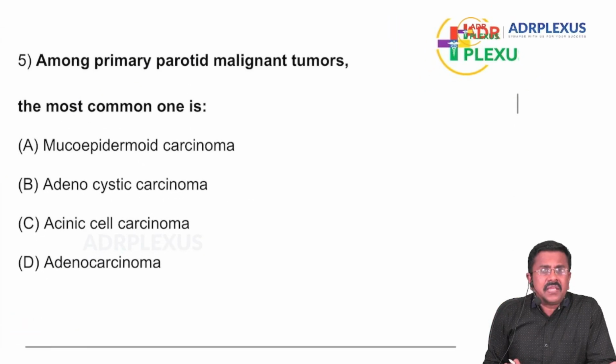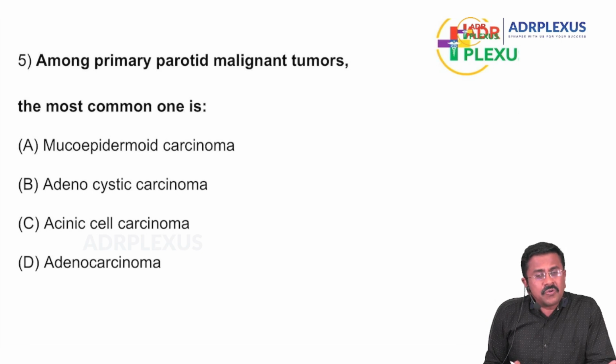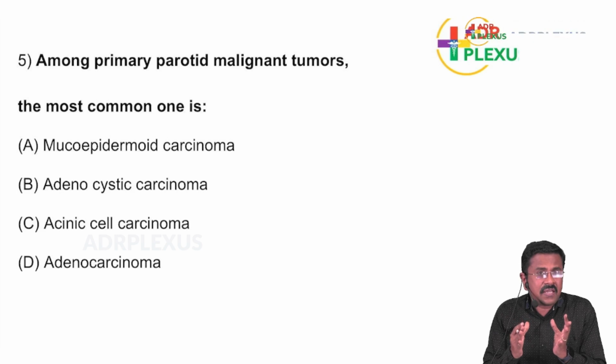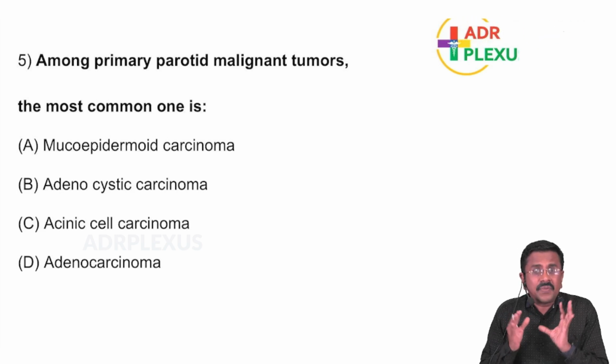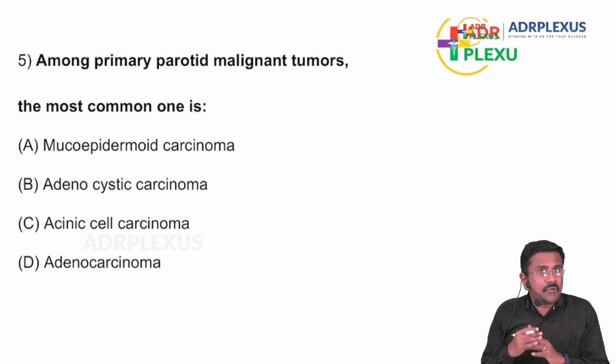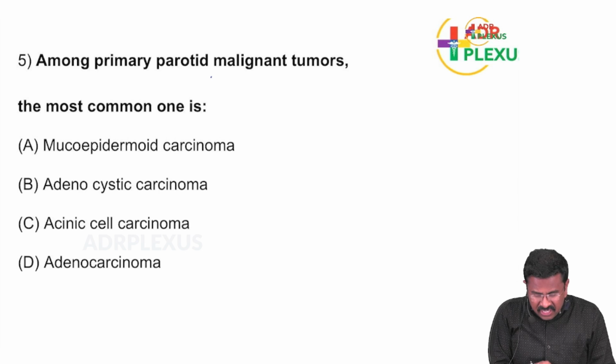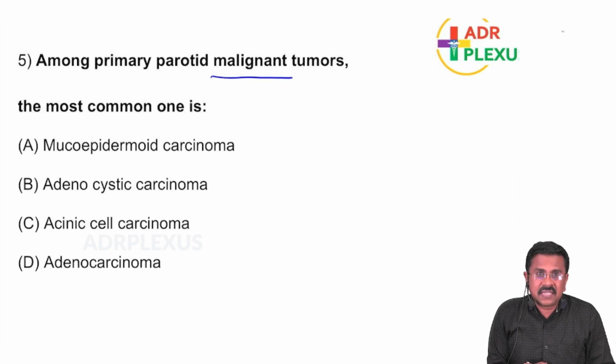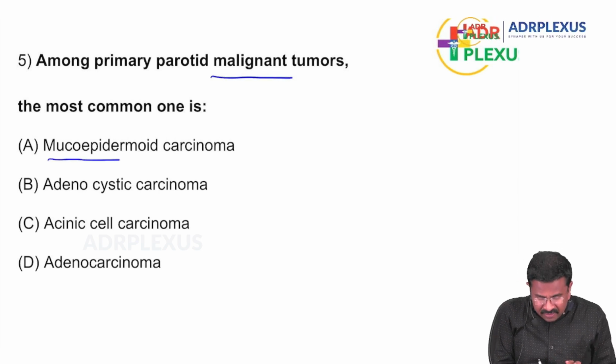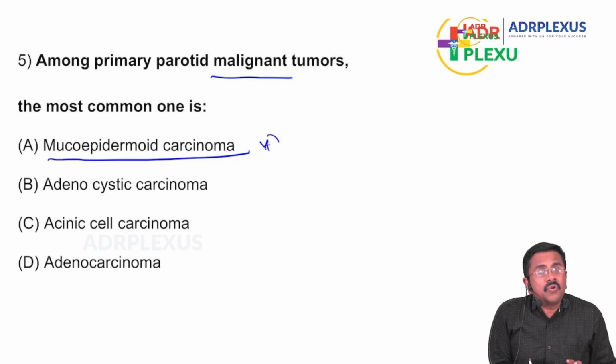Among the primary malignant parotid tumors, the most common one is... So I insist, please listen to this question carefully. They have asked about the primary parotid malignant tumor. They have not asked about what is the commonest primary tumor. So the word malignant tells you that this is a case of mucoepidermoid carcinoma, the most common